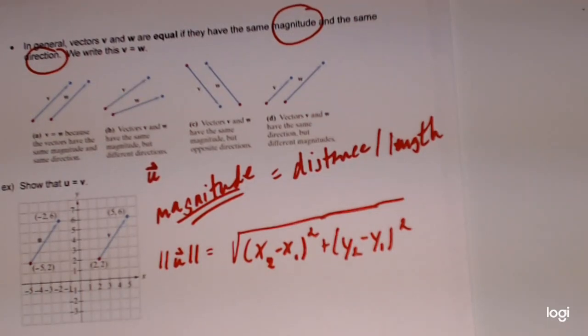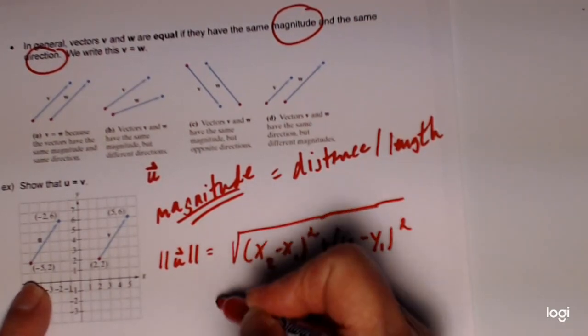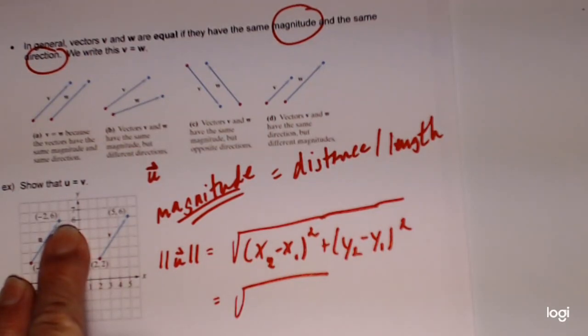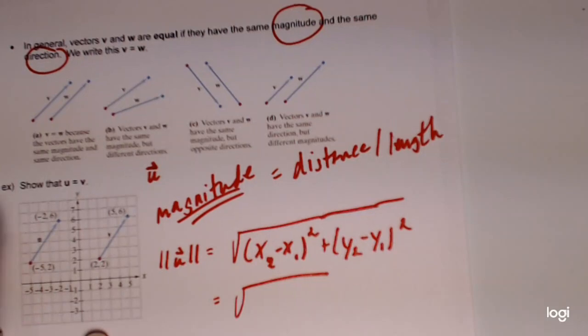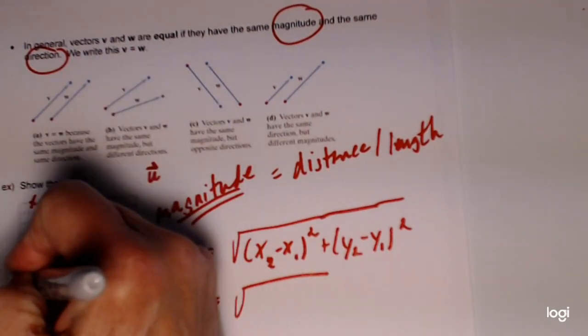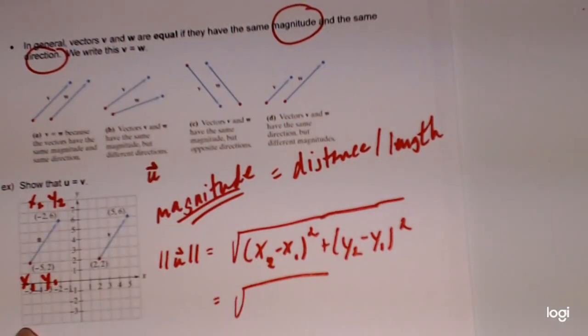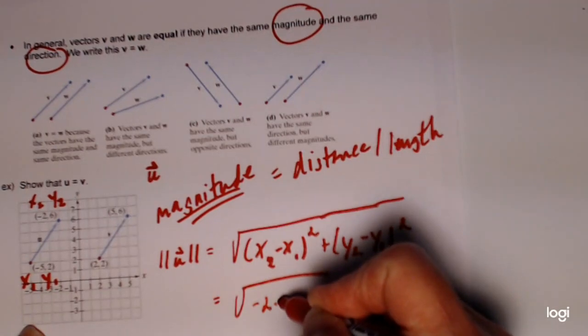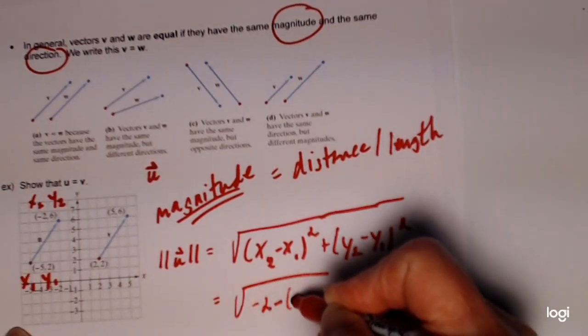So now let's take a look at u. Here, my point here is -5, 2, and here it's -2, 6. So I'm going to call this my x2. If we label this x2, y2, and this is x1, y1, just so that we know where we're pulling these points from. So this is going to be -2 minus, now this x is -5,